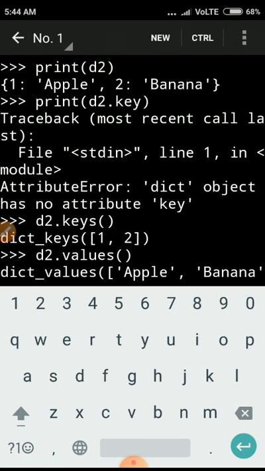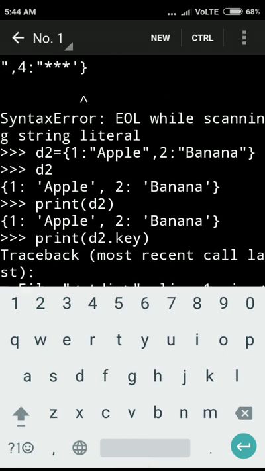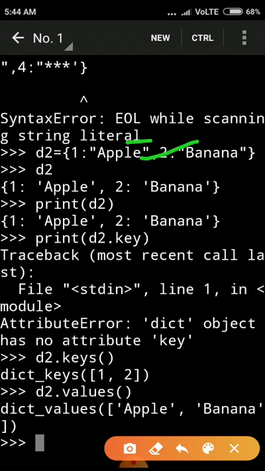Previously I made one dictionary. Look at this one. Dictionary 1, dictionary 2, sorry. In dictionary 2, d2 equals: 1 is a key and its value is apple, and the second key's value is banana.